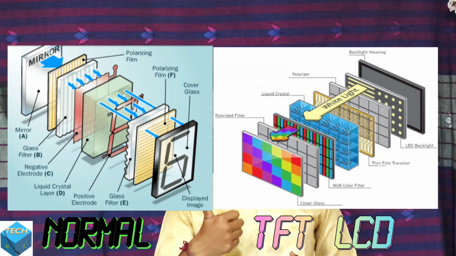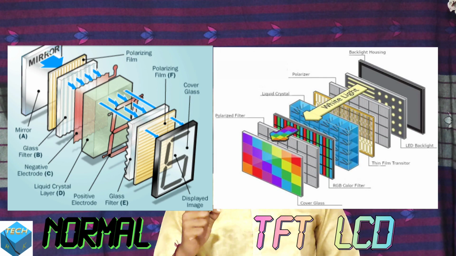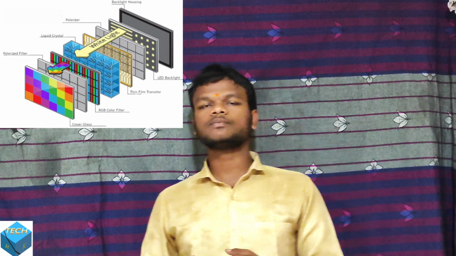See here you are seeing differences between the color display and normal display structures. And the third change, the main change, is the pixels. In the case of a color display, each pixel consists of three subpixels. One is R, one is G, one is B. One is a red color pixel, one is a green color pixel, one is a blue color pixel. Here again one more thing is, each subpixel is connected to each transistor in the TFT array. TFT means, we all know, thin film transistors. So each transistor is connected to each subpixel. Because of this, we can control the voltage for each subpixel individually.